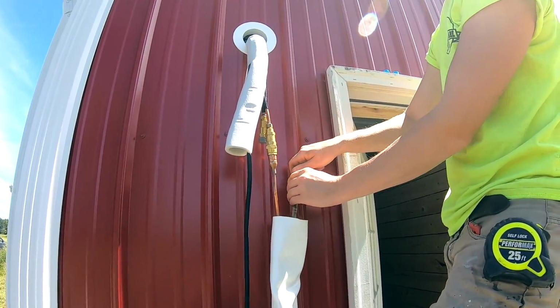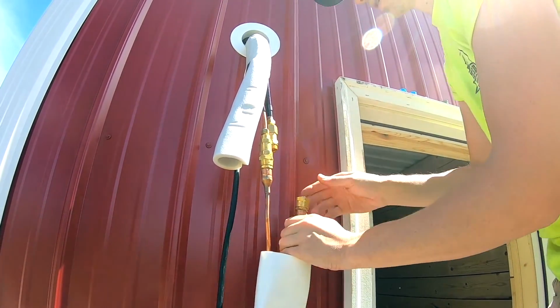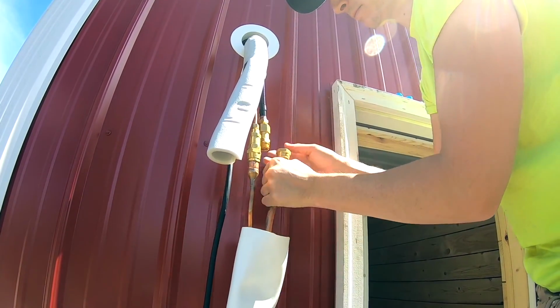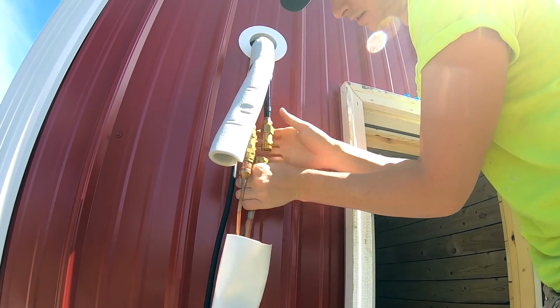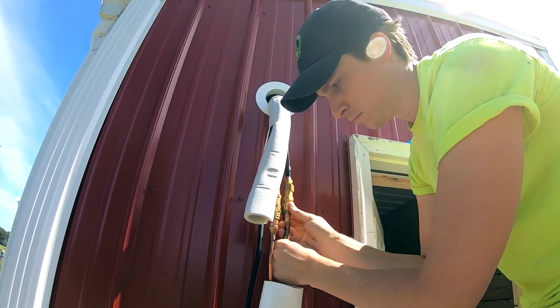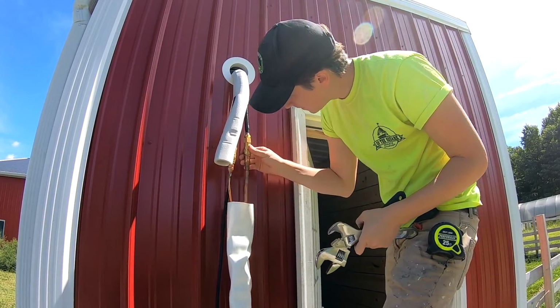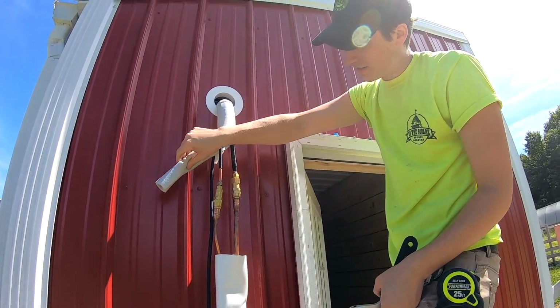Alright, so we got one line connected, now let's move on to the other. Same idea. You want to make sure that you're not cross-threading anything. Alright, now that these are all nice and tight together,